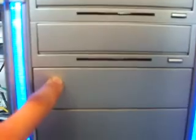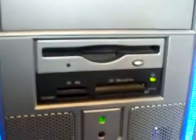Behind one of these is another DVD, because the top one isn't working that well, so I might replace it with the bottom one that's behind there, but I'm not showing it yet because it's not wired up. Floppy drive, card reader, temperature gauge,